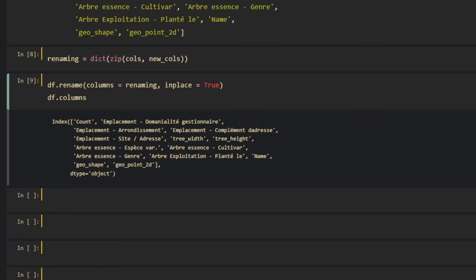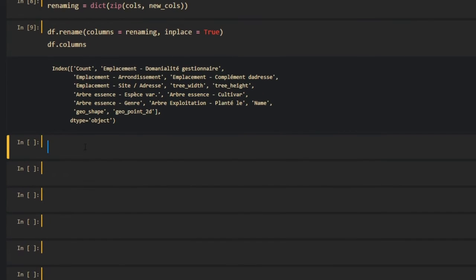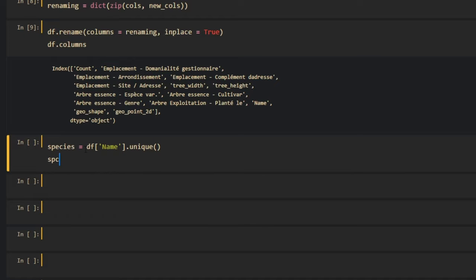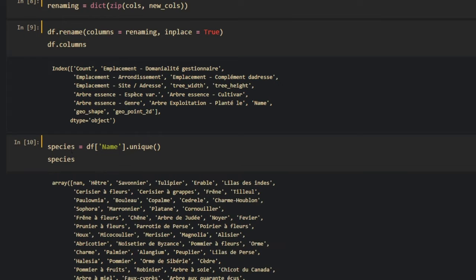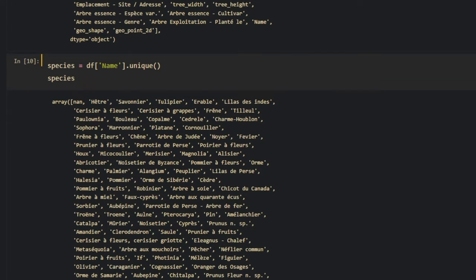So let's go and maybe just go with a list of the species we have. So my species are going to be the data frame of name. We just changed that to be like this. Sorry, I'm trying to go way too fast here. And say unique and show it here. Okay, so we've got a lot of things in there actually, and it might be a little complicated for us to showcase everything in there,